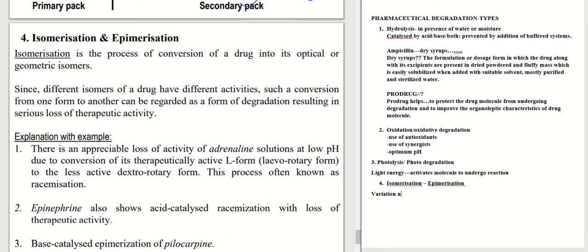Variation in spatial arrangement. Now this concept we might have come across in chemistry, but let me give a basic introduction about this mechanism. For example,